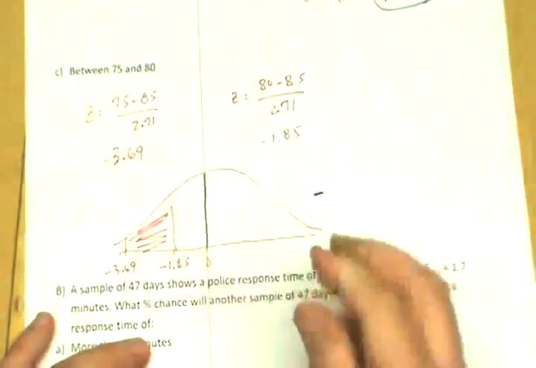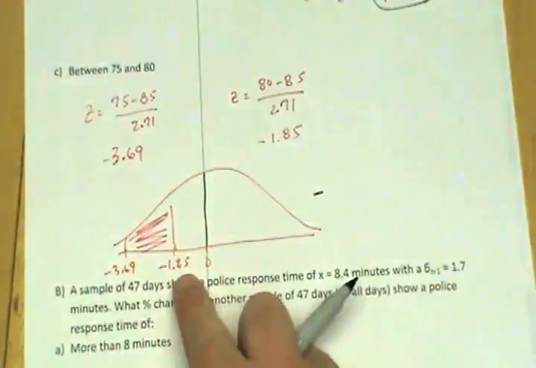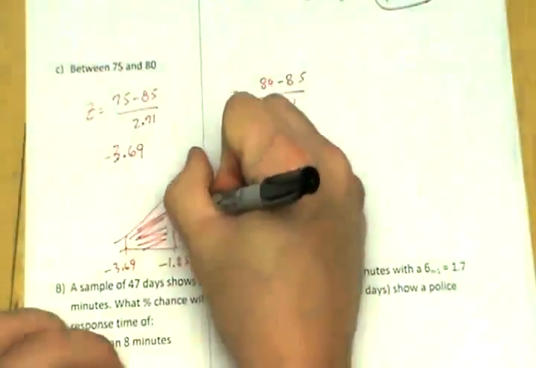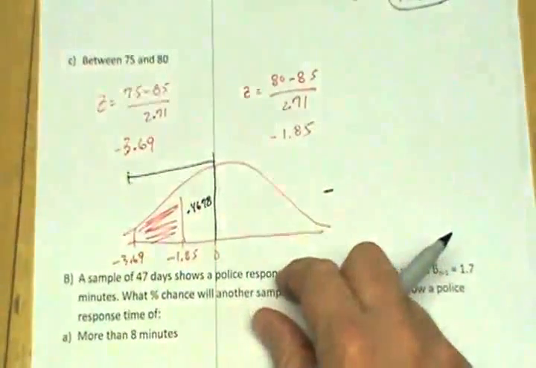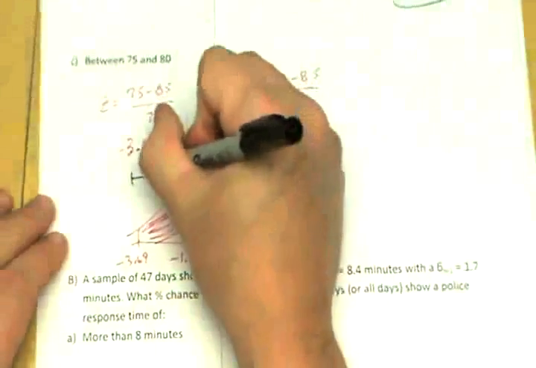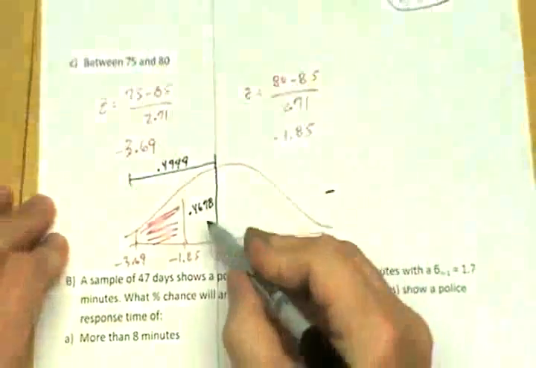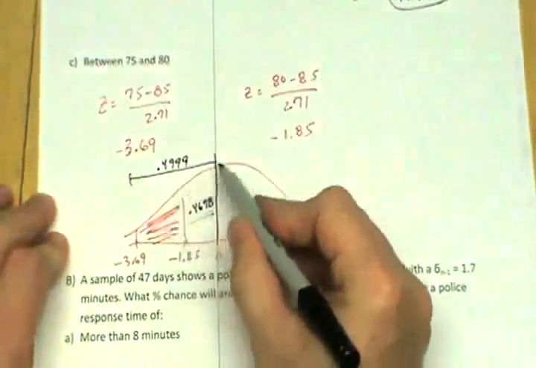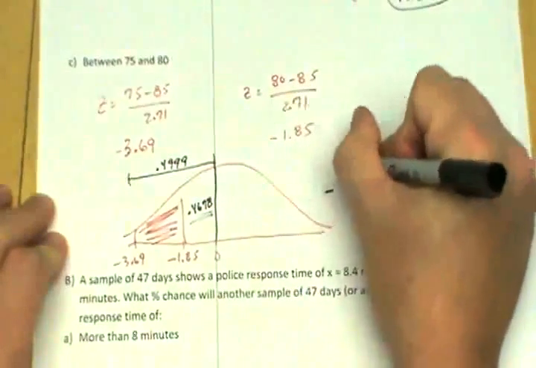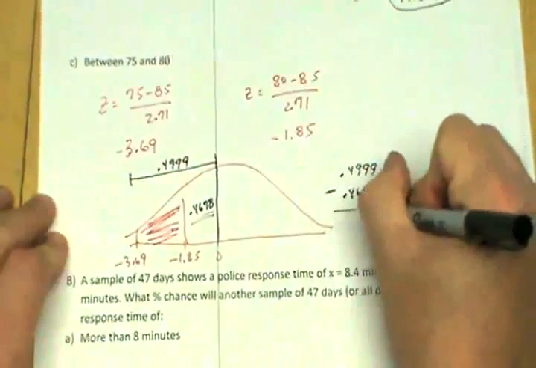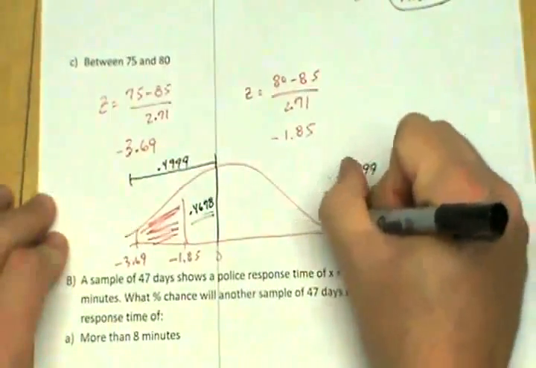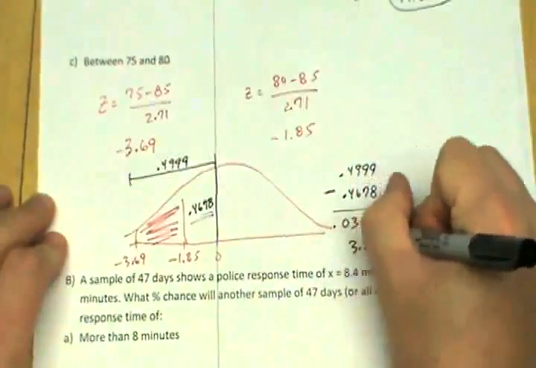So we're going to look up separately now in our bell-shaped curve chart. I'm going to negative 1.85. So we go down 1.8, we work our way over to 5, and we're getting back 0.4678. That's between 0 and that number. And then when we look up 3.69, we're getting back 0.4999. So we know that this area here plus the shaded region is 49.99. So if we take the 49.99 and subtract the 46.78, we're getting back 3.21% chance